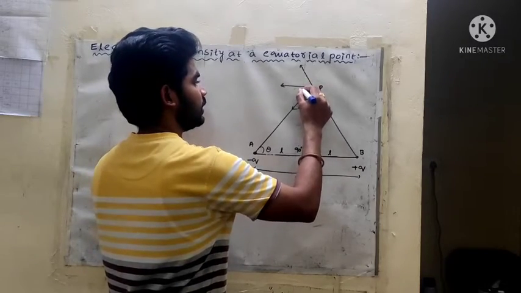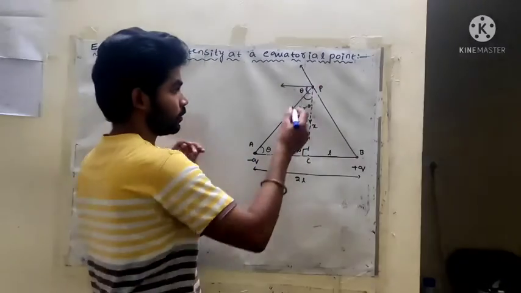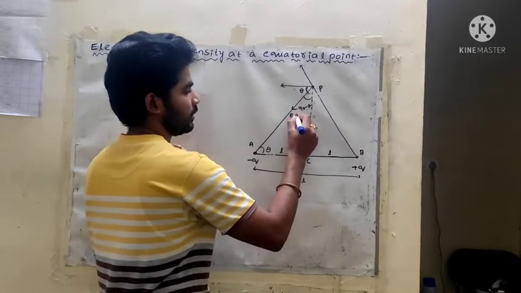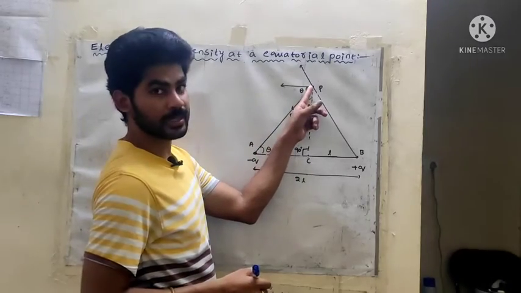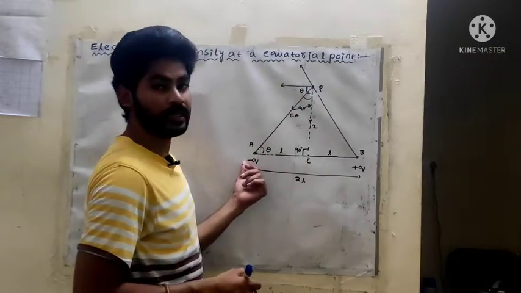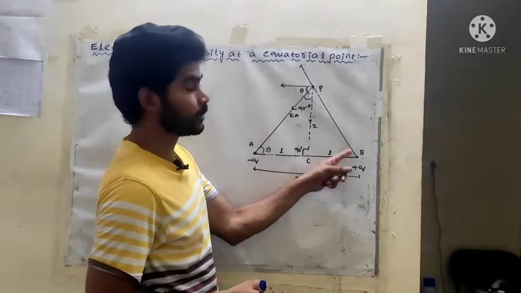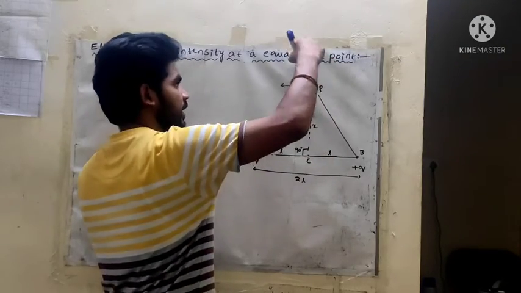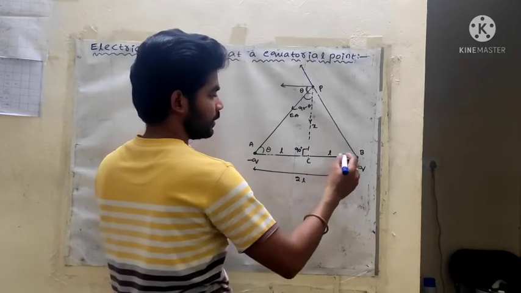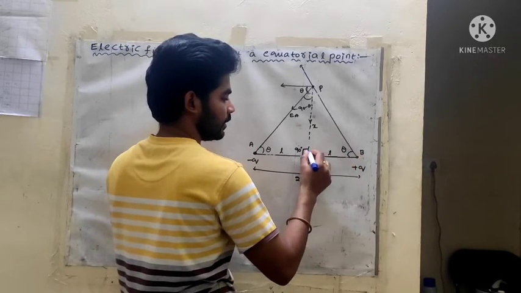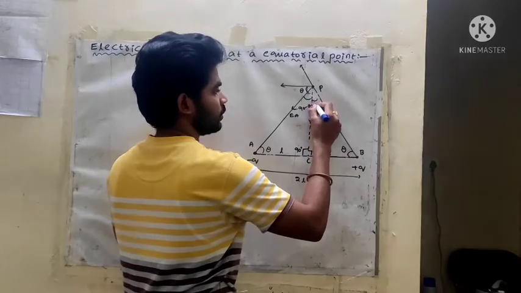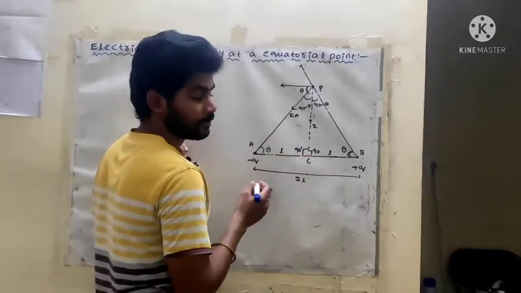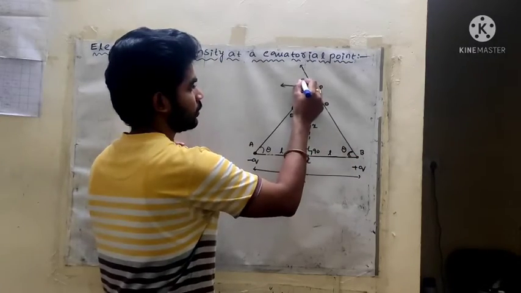So this angle is theta. This is the minus q charge, so at point P the electric field intensity acts downward, EA, because the positive test charge is attracted to the minus q charge. This is plus q and this is the positive test charge; both repel, so the electric field intensity acts upward. Same here, making an angle theta. This is a right angle triangle, so this is 90 minus theta, this is theta, and since this is parallel to this line, this is also theta.